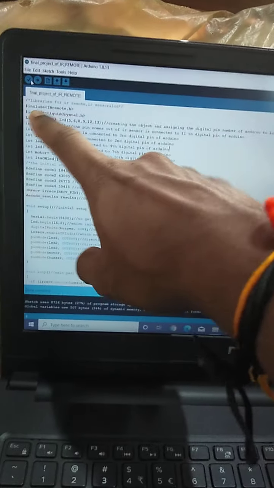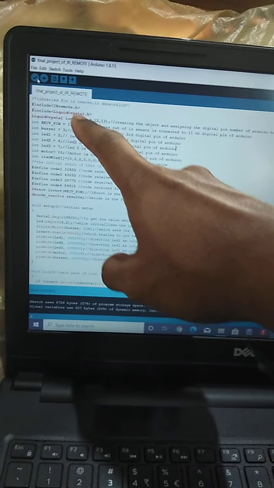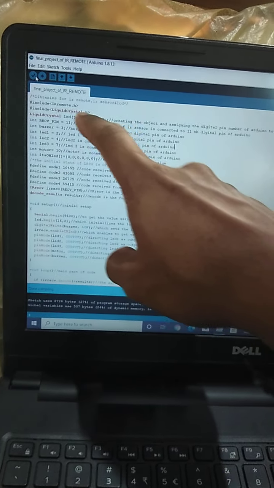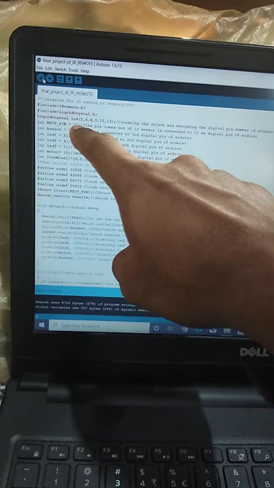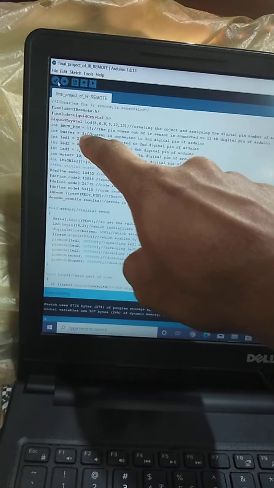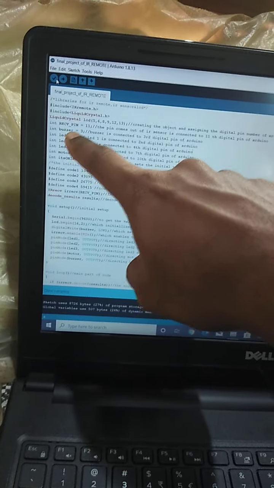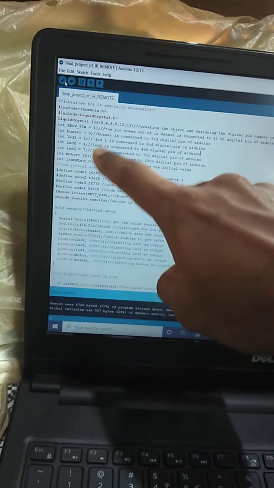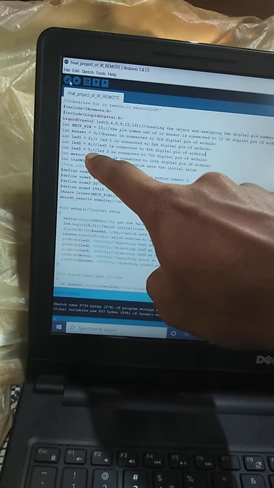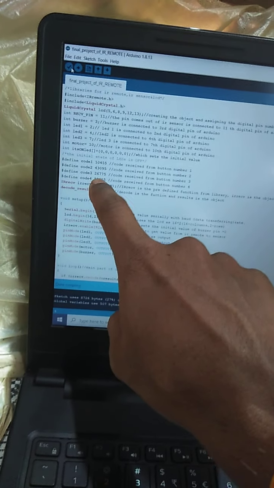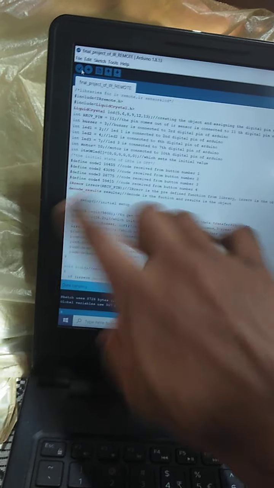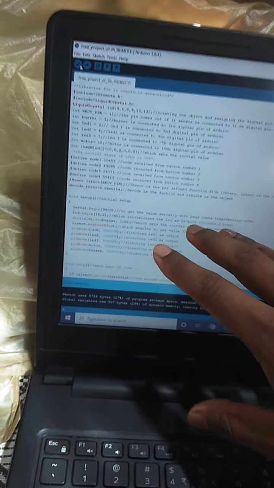This is the code required for this project. First we have 2 libraries, IRremote.h and LiquidCrystal.h, and these are the pin numbers for the LCD display. RECV pin is connected to 11, from the IR sensor, and the buzzer is connected to the 3rd digital pin of the Arduino. LEDs 1, 2, 3 are connected to 2, 4, 7 respectively. The motor is connected to digital pin number 10. Initially we don't know these values; after writing all the code, we can obtain them using the serial monitor.